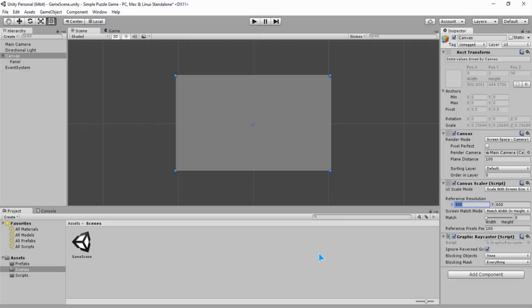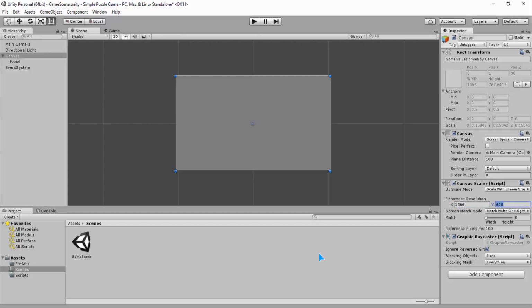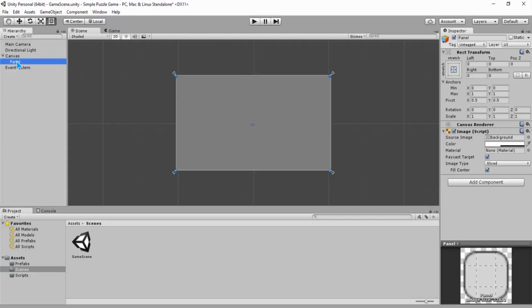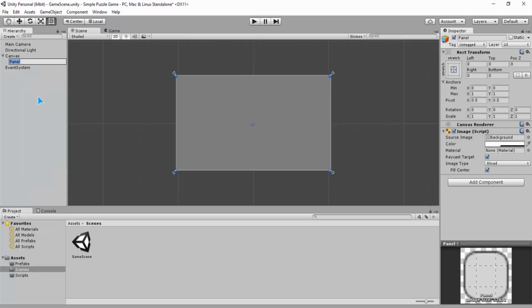I will edit this resolution in the resolution settings, and this panel I'm going to name puzzle field. We can just rename it, puzzle field.